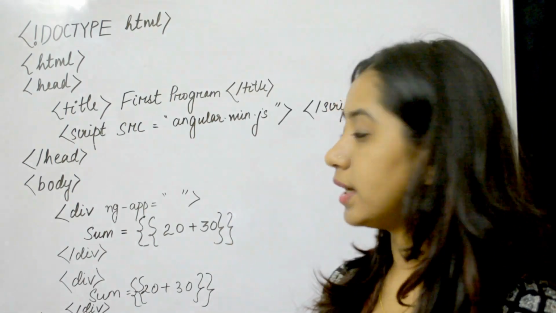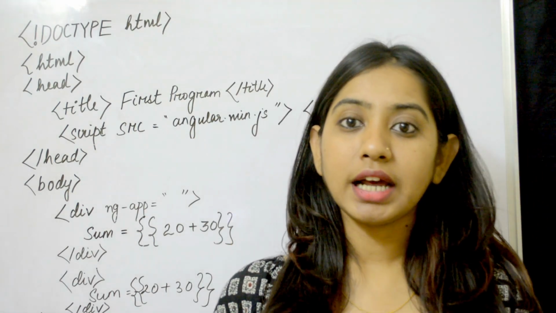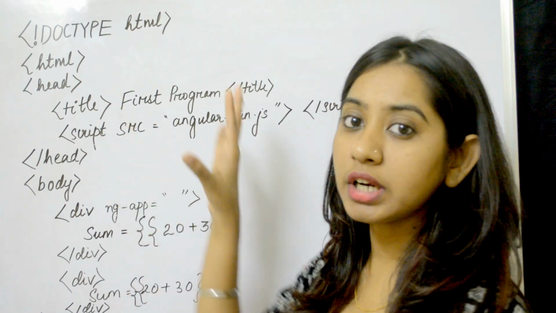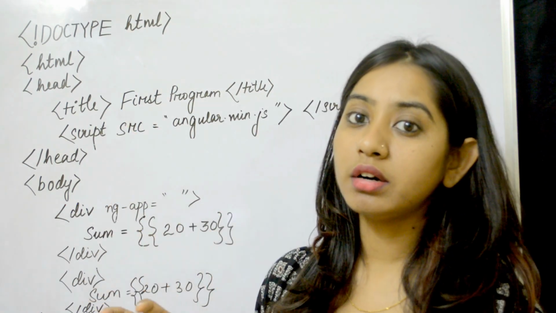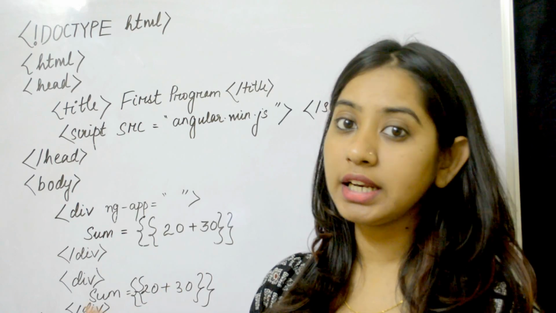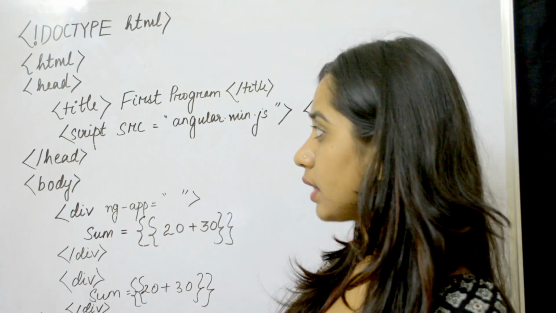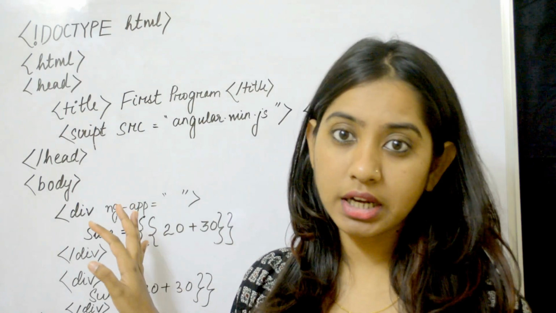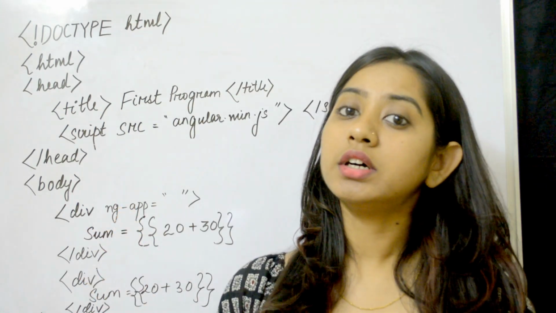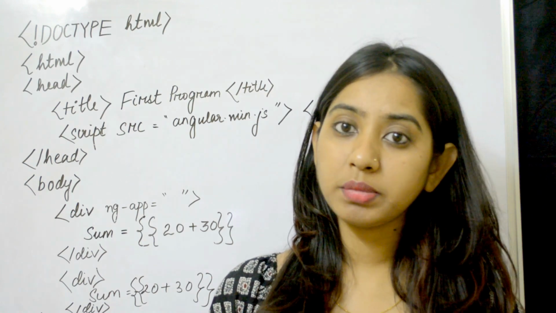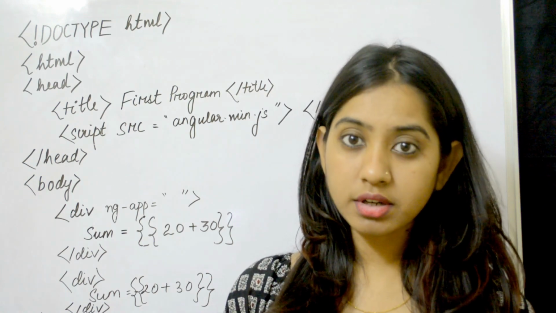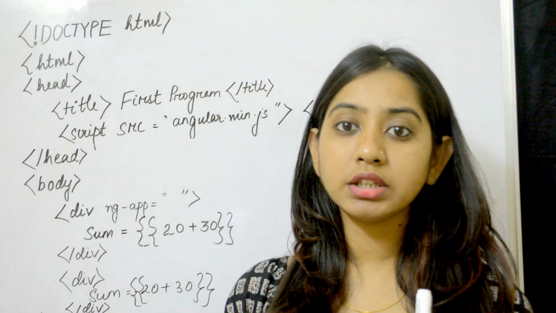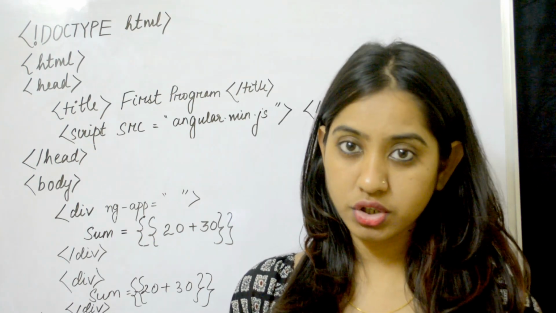Before getting started, I would like to remind you that I told you in the first video that there are two basic requirements to turn an HTML document into one containing AngularJS components. The first requirement is that we should have the script file included in our HTML document. The script file can be downloaded from the angularjs.org website, and you have to download it to a local machine and place it in the folder from where you want to run your project.